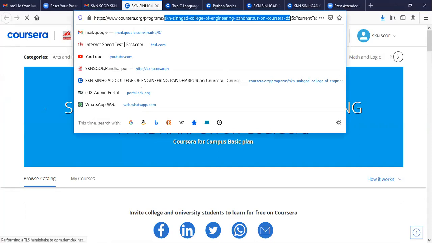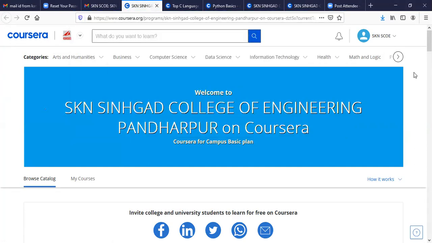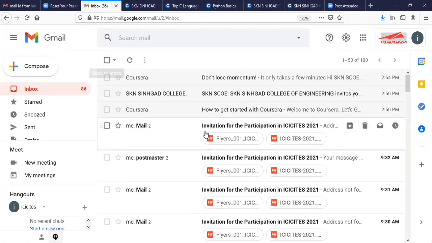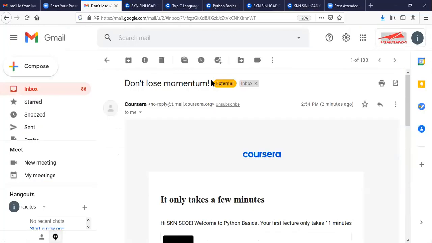If you put in Google search login Coursera, it will log in to your personal account, and whatever free courses are there, these courses will not remain free. So whenever you want to log in to Coursera, log in using the link from your mail ID. I hope I have told you all the things which may be difficult for you for the enrollment.